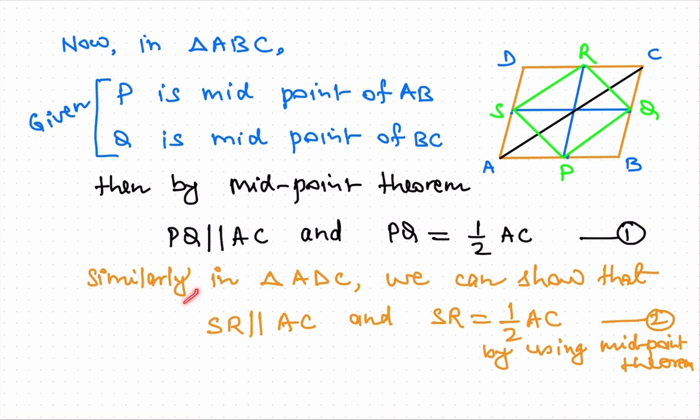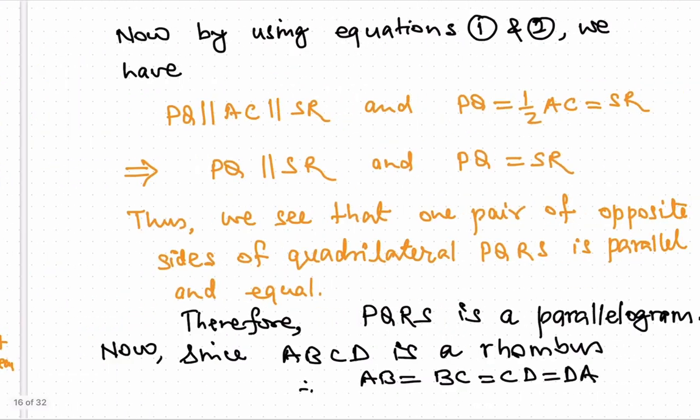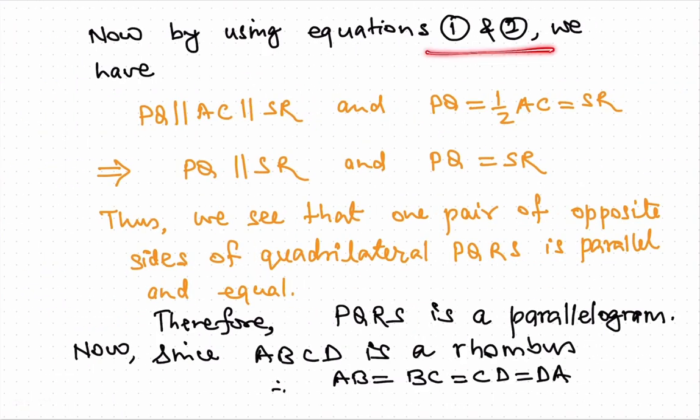Similarly, in triangle ADC, we can show that this SR, because S and R are the midpoints of sides DA and DC respectively, therefore by the midpoint theorem, SR becomes parallel to AC and it is also equal to half of AC. So we have equation number 2. Now combining equations 1 and 2, we have